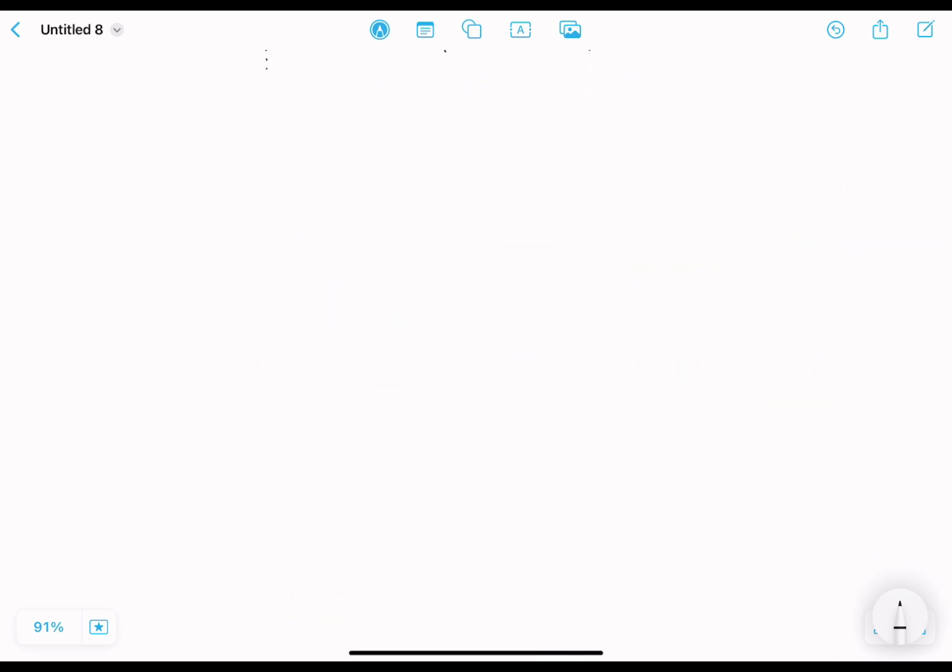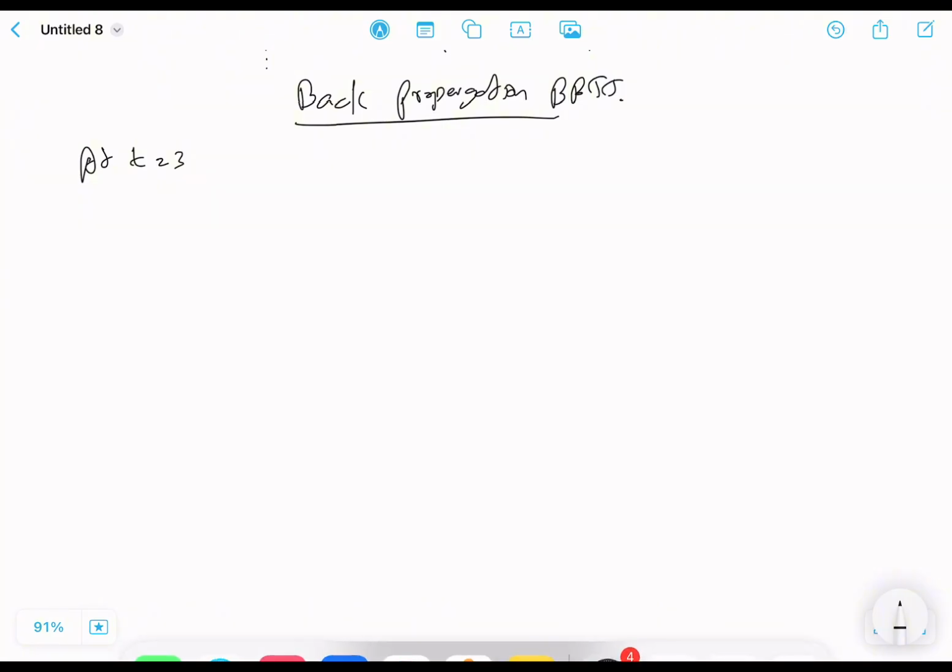Okay, let's quickly go through these backpropagation steps. BPTT, right? At t equals 3, that means time step 3, because remember in backpropagation we always start from the end. So in the neural network also, we start from the output layer, right? So in here, at t3,